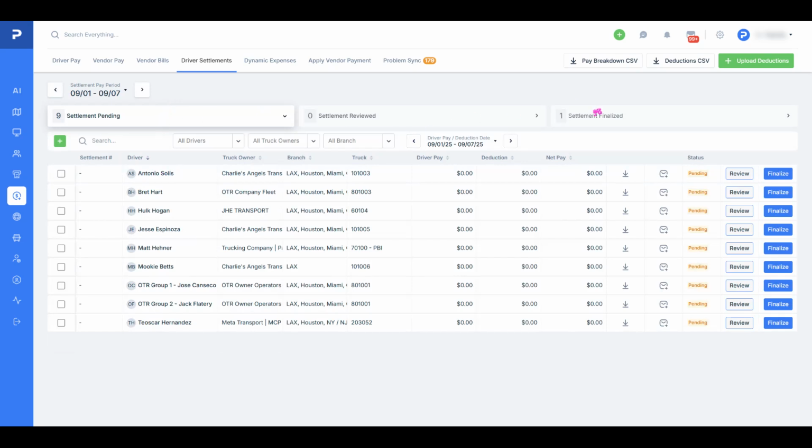So we have 3 different cards here at the top. The first one is going to be your settlement pending card. So these are all of the settlements where no one from your team has reviewed or approved the driver pay as of yet. You have your settlement reviewed card, so it's giving you visibility on what driver settlements have been reviewed, pending to be finalized. And then you have your settlement finalized card, meaning everything has been approved, it's ready to send over